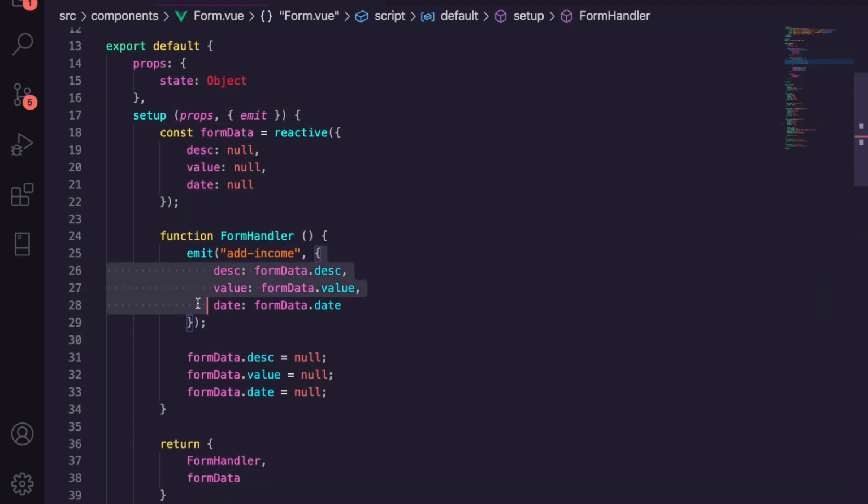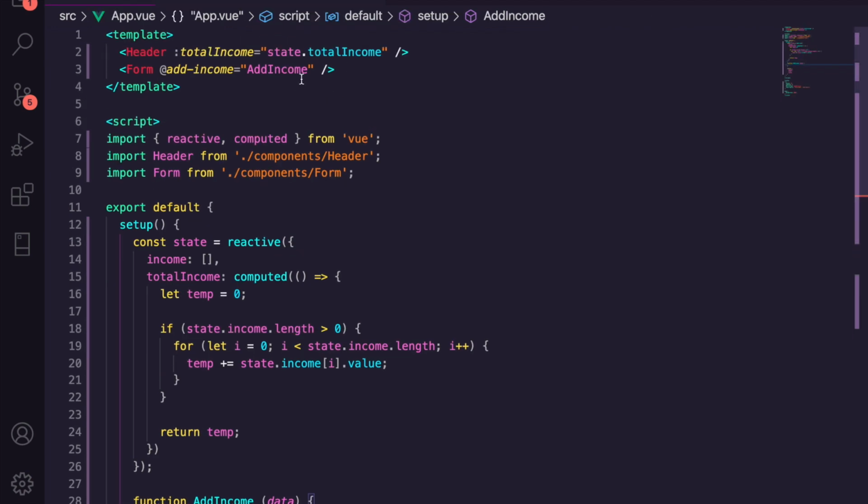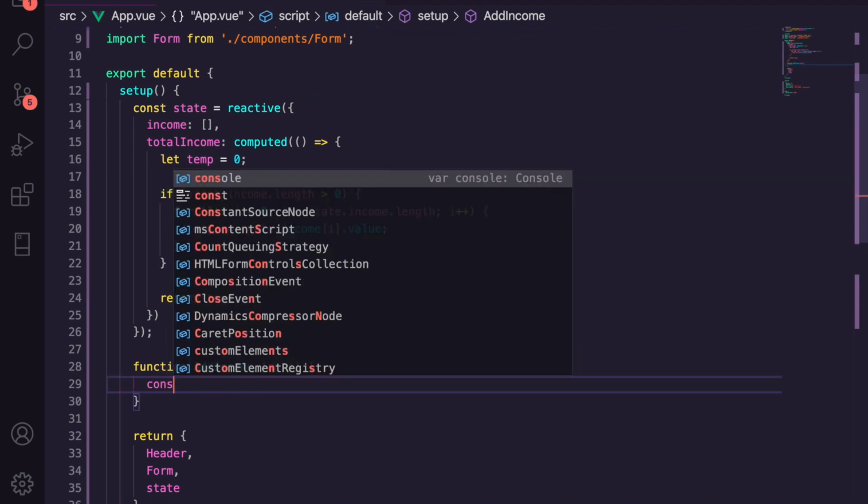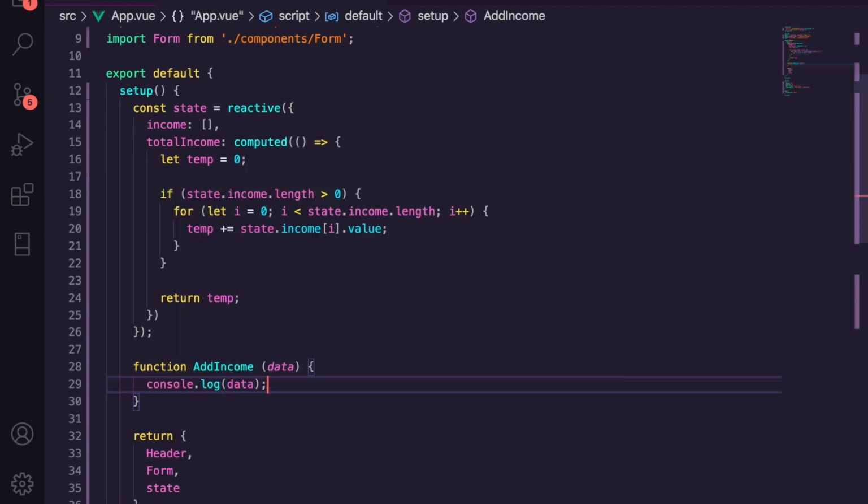So this second parameter here is the values we're passing up here. So when we call this, it's going to add these as parameters, which we're going to take back as data. And then we're just going to console.log data. Actually, you know what? Let's just go straight for it. So we're going to say